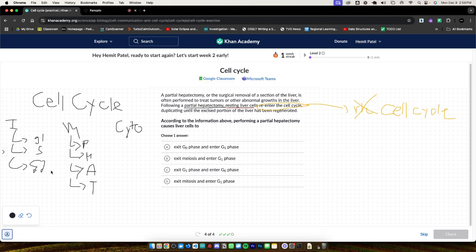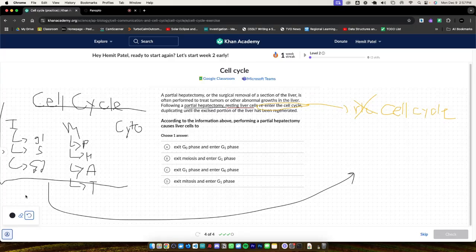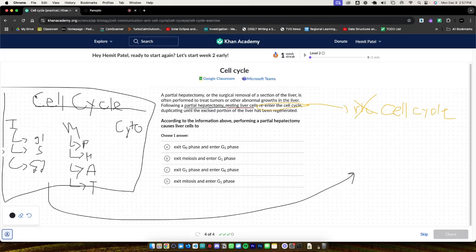Okay, so now that you know these processes that happen within the cell cycle, let's look at some of these phases that might be outside the cell cycle, that might not be mentioned within the cell cycle. And what I see is G0. We don't have G0 as a legitimate phase within the cell cycle. So that means that it has to be outside of this process, outside of this little box, you can think of it, this little box of where the cell cycles are, right? So it has to be outside of this little box, and that would be the G0 phase,